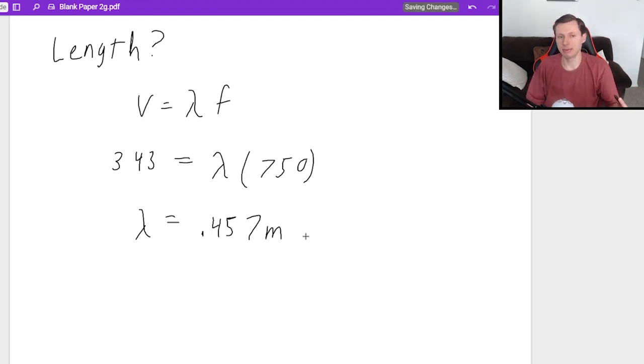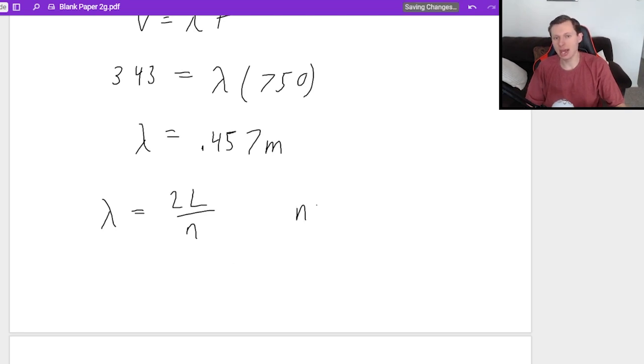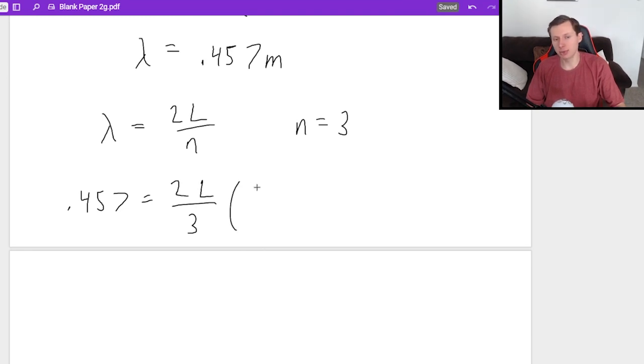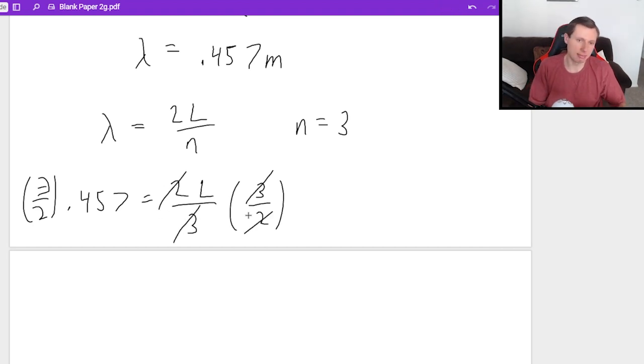And once I have lambda, now I can say, okay, lambda is always equal to 2L over n for the both ends open case. And I know that n is the third harmonic for this one. So 0.457 equals 2 times L over 3. In order to solve for L, I need to multiply by the reciprocal. So multiply both sides by 3 over 2. That would cancel out the 2 and the 3 here and get me my final answer. And I'll get a length of